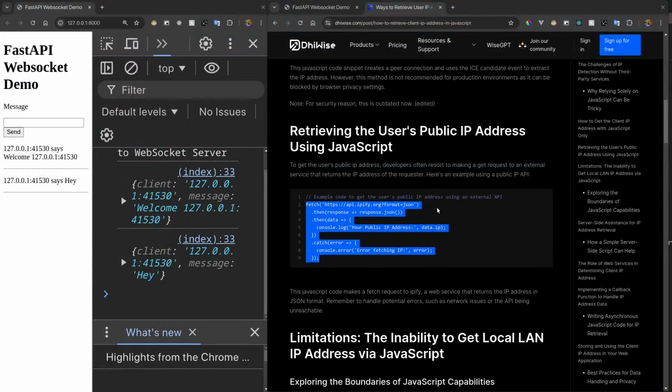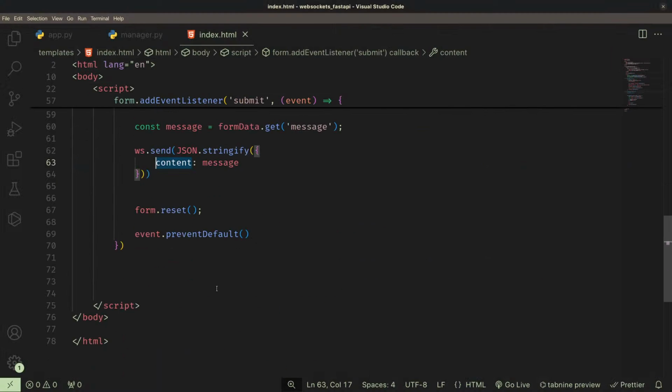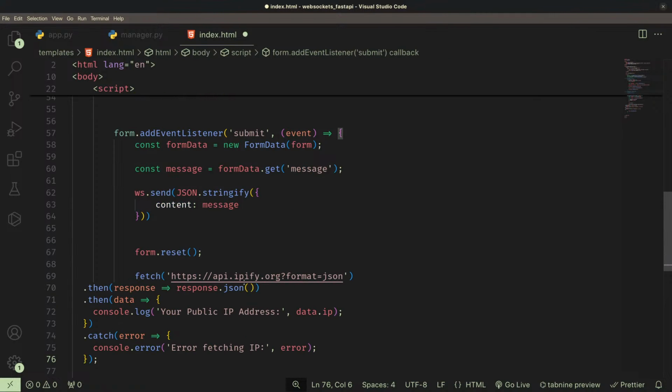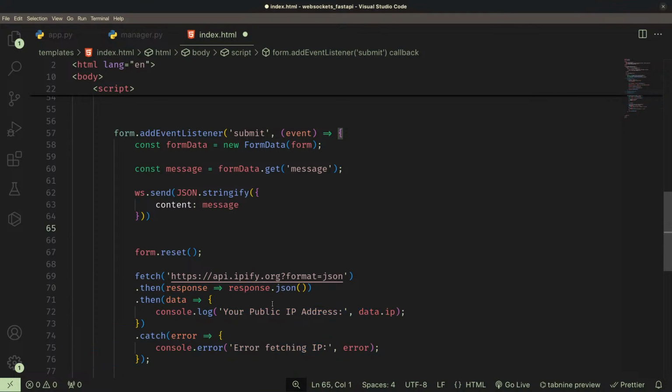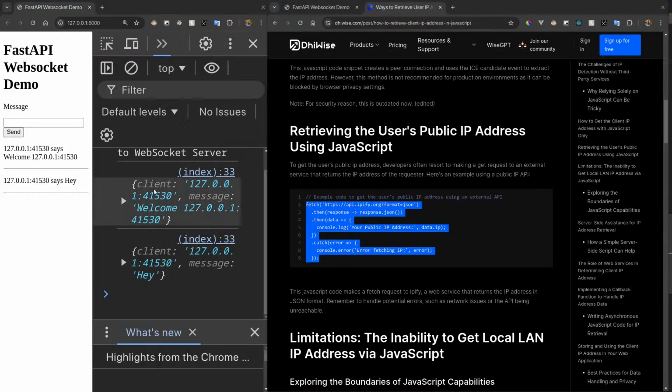So this is a public API. I'm now going to use the fetch API to get the data of the client's IP. So let me try to do it inside here. This JavaScript code is going to access this API, get the client's IP address, and then log the data.ip. So let me try to actually